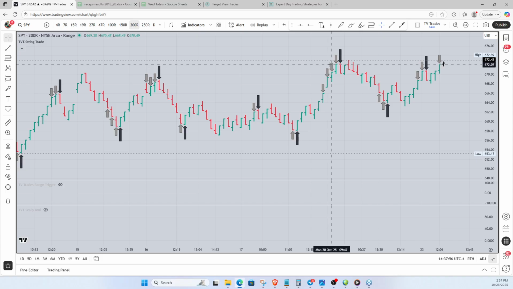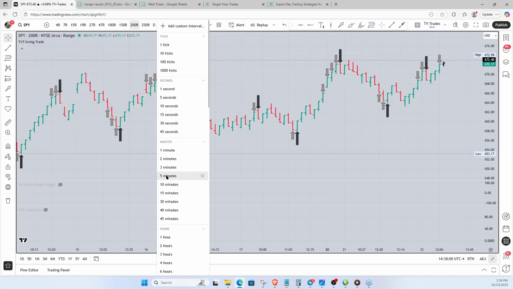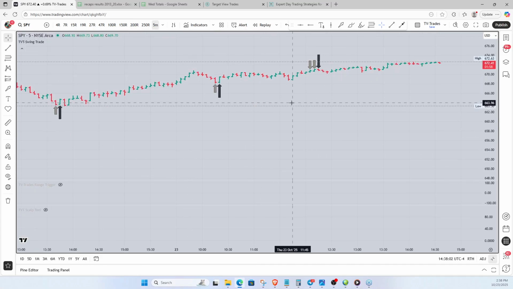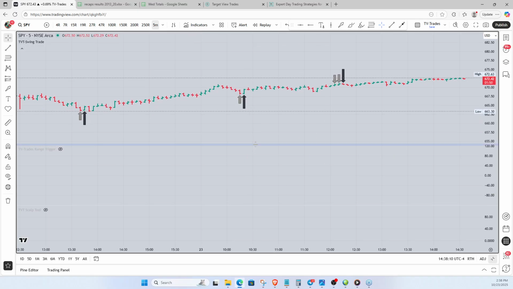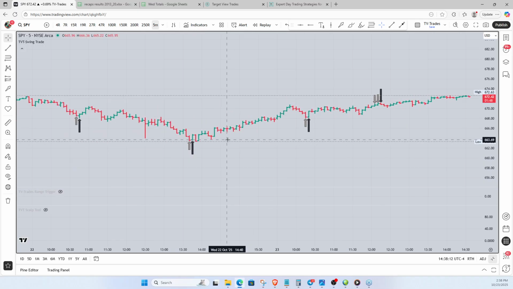If you're not using the swing trade thing, or you put the swing trade on some other time frame, like a 5-minute, it's not necessarily saying the same thing. It's not saying that if the next bar is an up close, you're going to have a trade, or if the next bar is a down close, you're going to have a trade. Most of the time that's how it's going to work out.